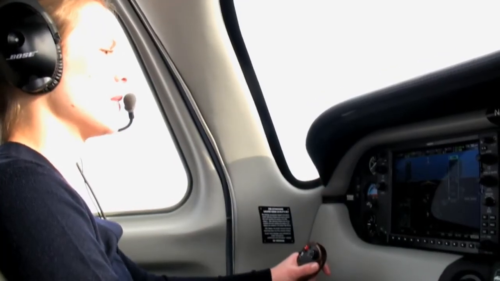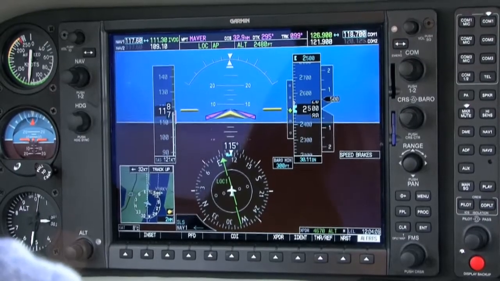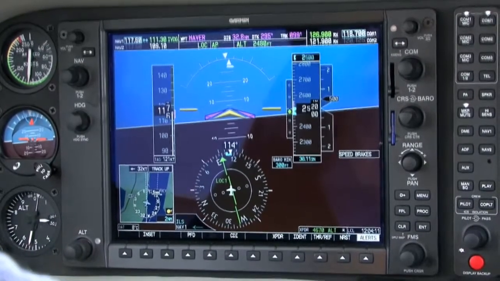Okay, it's going to get a little bumpy here as we're going through the clouds. I like to stick my heading plug up with the heading that I'm flying. 140 to join the localizer, right, that's